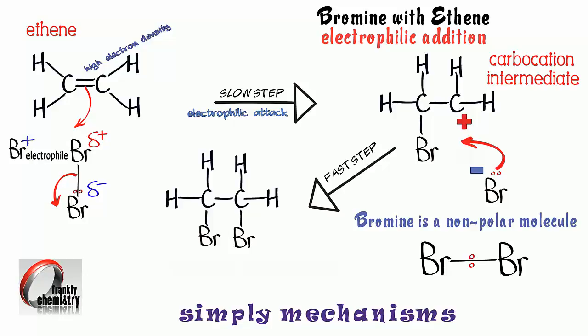We have ended up now with a bromine on each of the two carbon atoms. We've ended up with a haloalkane molecule. So why is it called an addition reaction? Well, you can see that we've added together two molecules, ethene and bromine, to form a single molecule as our product. So just one product, hence addition. And of course earlier we saw that an electrophile is produced in the slow rate determining step, in this case a Br plus electrophile, hence electrophilic. And the name of the product